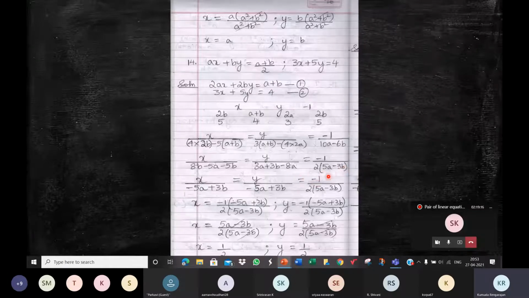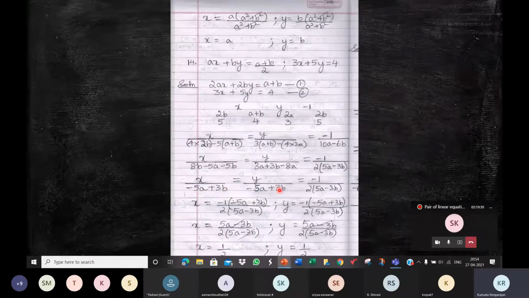So now you can see this expression 5a minus 3b everywhere in the denominator. See 5a minus 3b. Here, but it's like minus 5a plus 3b. So you can get this 5a minus 3b by just taking out the minus common. You could have done it here also. Well, I have taken it up here, but you could do it here also, children.